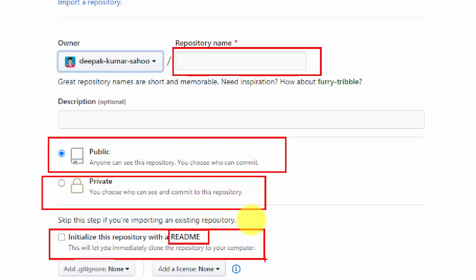If you create a readme file, if you click on that, then it automatically creates your page. If you do not click on this box, then it may create another issue. So right now we just click on the readme file, so it is easy to create a file. Basically we are making this video for beginners, so we just use it here.